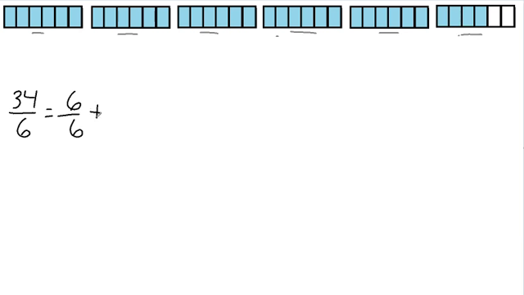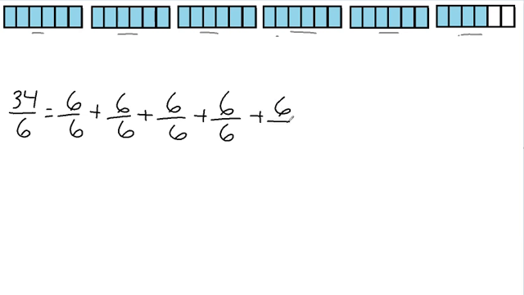So I have 1 group, 2 groups would be 12/6, 3 wholes would be 18/6, 4 wholes would be 24/6, 5 wholes would be 30/6, and 30/6 plus 4/6 is